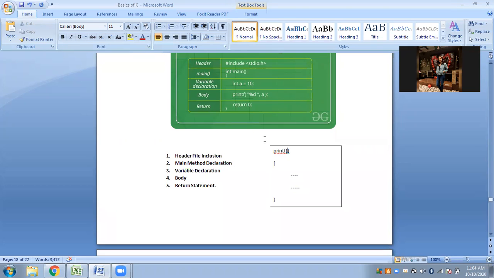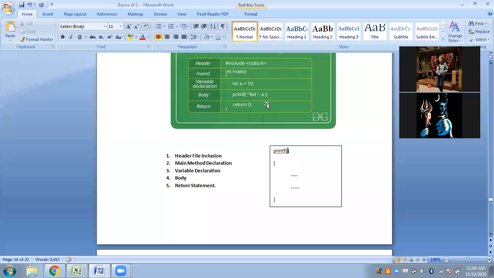So that is why, to make the compiler understand what this printf is and what it is supposed to do, you have to include the file where this particular function is defined. You have to include that file in your source program. Source program means the program that the user has written. So this is your source program, and in your source program you have to include that header file using a statement. And this is that statement, hash include, with angular brackets inside which you mention the file name